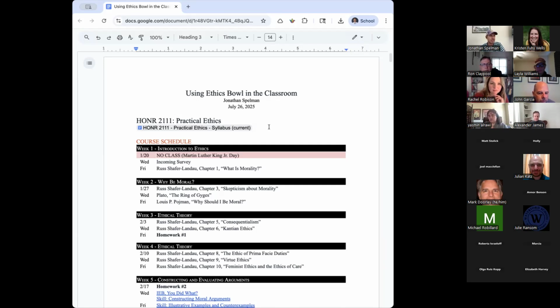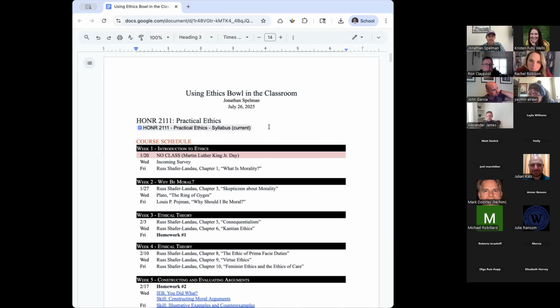The context for the class I'm going to describe is that the director of our honors program had an idea. He saw the value of the ethics bowl. He was a religion professor just down the hall from us, and he said it would be great to get more honors students doing this ethics bowl type stuff. They revised the honors curriculum a little bit, and created an honors class that all honors students had to take, called Practical Ethics. And you'll see the syllabus